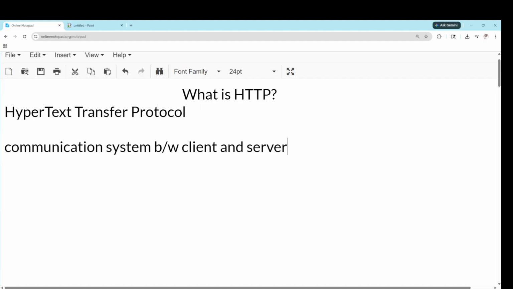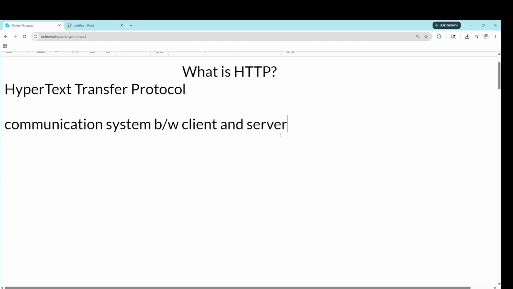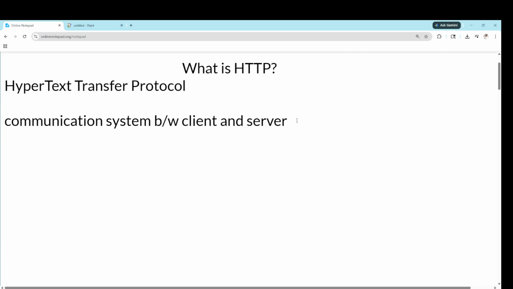For example, whenever you open a website in your browser, like Chrome or Firefox, any browser, you can consider that as a client. Your web page you can consider as a client, or you can open the web page on mobile as well. So mobile or your system is a client. You send a request, say you want to get the data for all the users. You send that request to the server, and the server responds with the response.